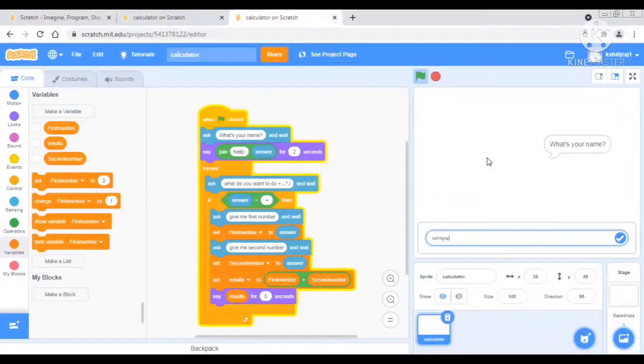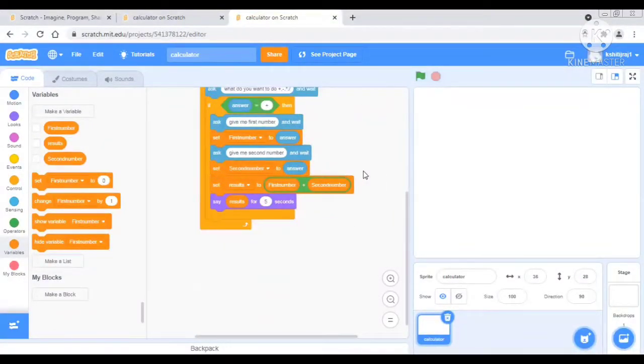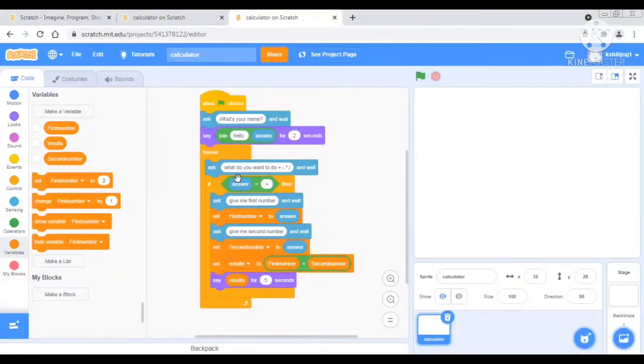Then if we save it first, and then say Kshitij Raj, he will say hello Kshitij Raj, what do you want to do? We have only done plus, so we will check plus. Give me first number. So we will take 10. Give me second number, again 10. So the answer is 20. Yeah, it's good. After that he will repeat that thing again. So we just have to copy all of this.